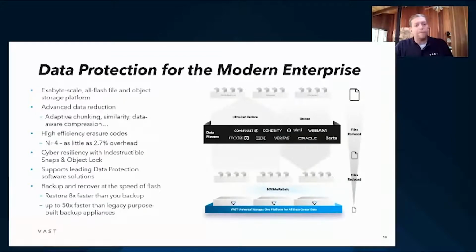And doing it in Flash makes it faster in the first place. Doing so puts us back into that strong state of being able to lose 4 drives again. And then as this cluster grows and we add more and more of our data D boxes, we call them our data nodes, that are the boxes that hold all that NVMe and storage class memory, our stripes get wider too and get up to 146 plus 4, which is about a